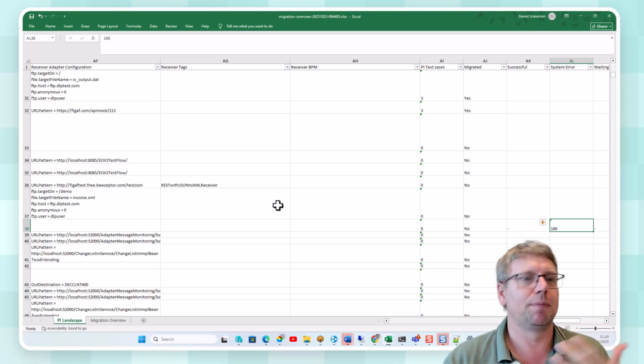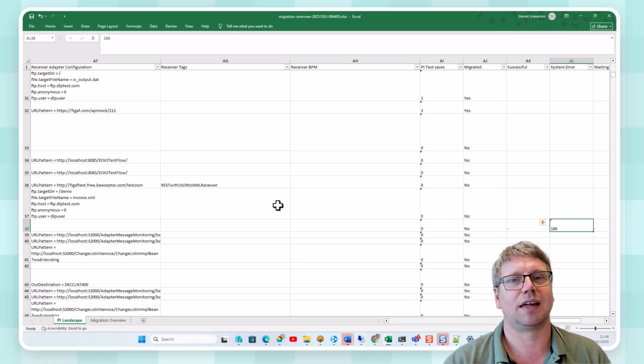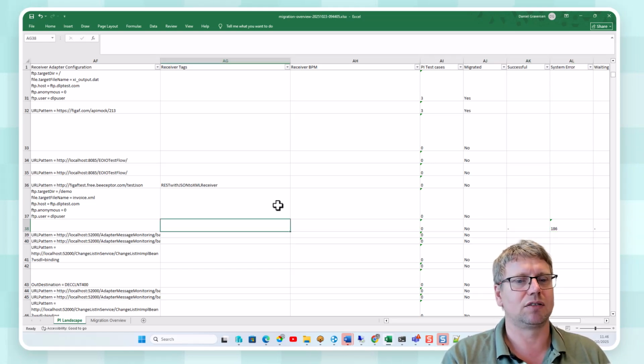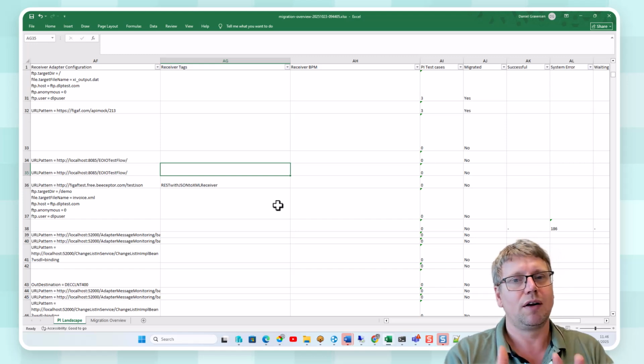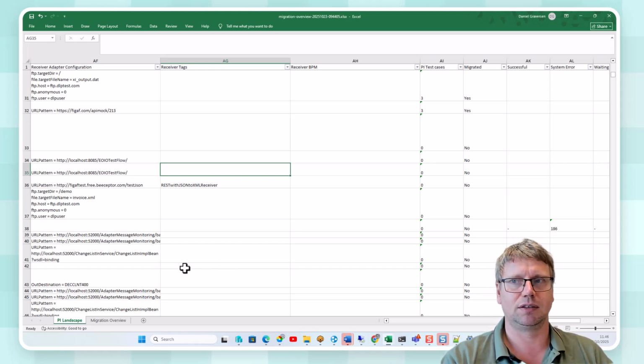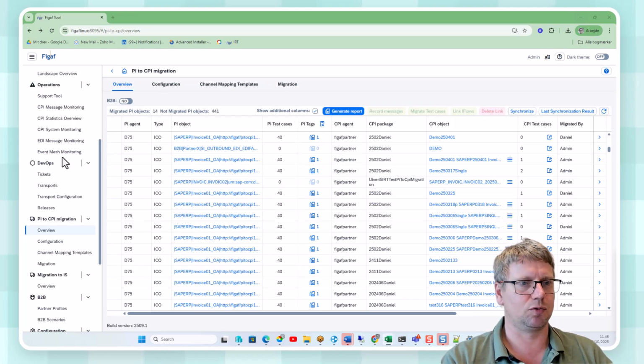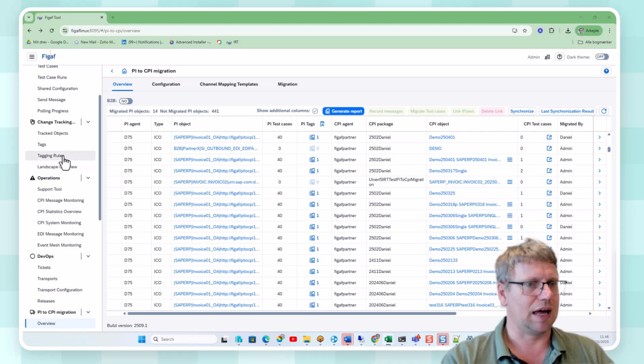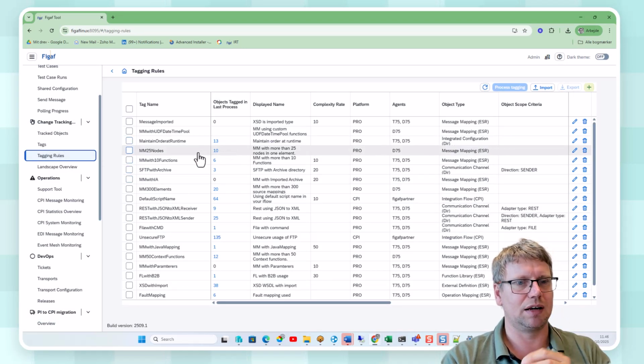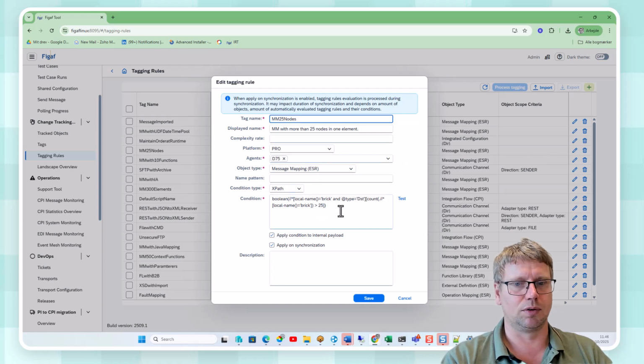We generally recommend that you migrate a few scenarios to get an understanding of the effort of migrating, and figure out: do we need to add some more tags to simplify this? If you, for instance, want to create some more tags, we have a list of tags that you can go in and create. So here we have a scenario that is looking for some inner message mapping,